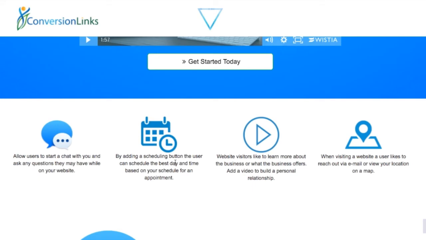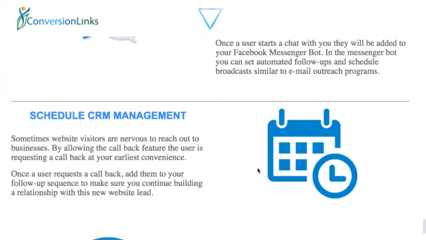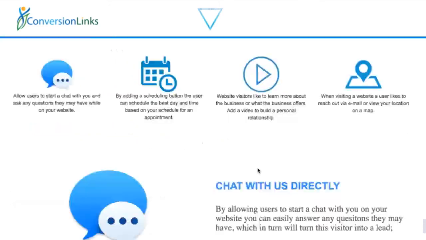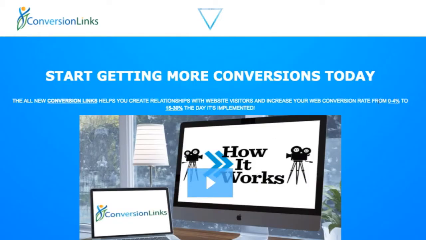A calendar so they can schedule a good time to speak. Video so they can learn more about you. And then a contact and map button. Now these are all customizable based on your business. And this is what's going to take that conversion rate from 0 to 4% all the way up to 15